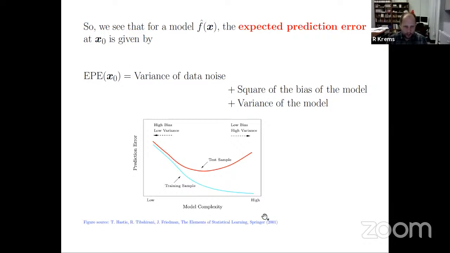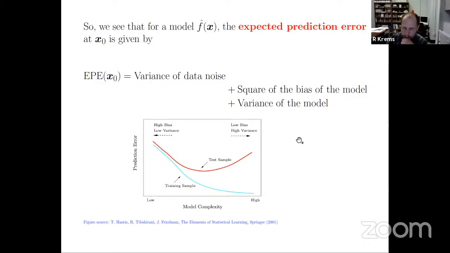Elements of Statistical Learning. Okay, so as you can see, if you look at the prediction error as a function of model complexity, obviously, if you look at it on the training sample, it's just going to go down, because as you increase the model complexity, you're going to be increasing model variance, and it's going to just be fitting the noise, so you're going to be overfitting. But if you look at the prediction error on the test sample, it's going to go through this minimum here, and this minimum is determined by the trade-off between these 2 quantities. As you go left to right here, the variance increases and the bias decreases.